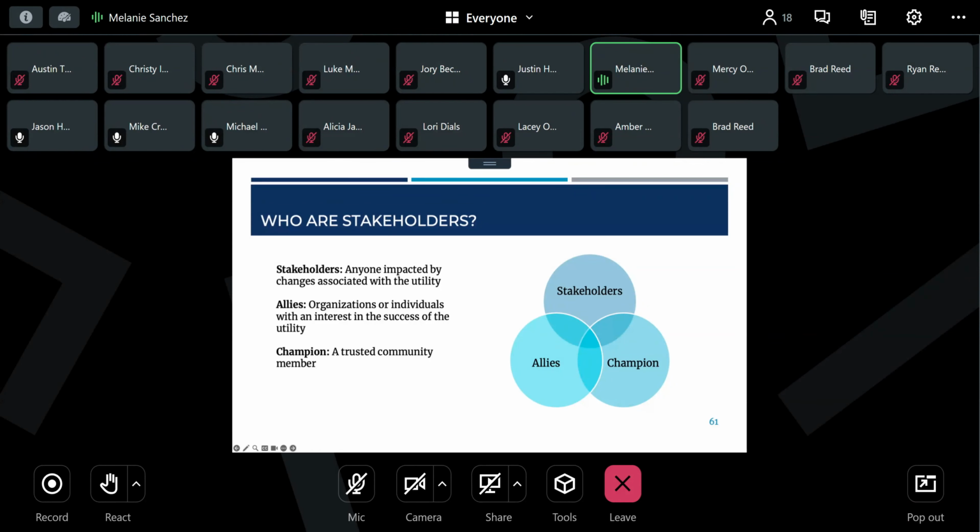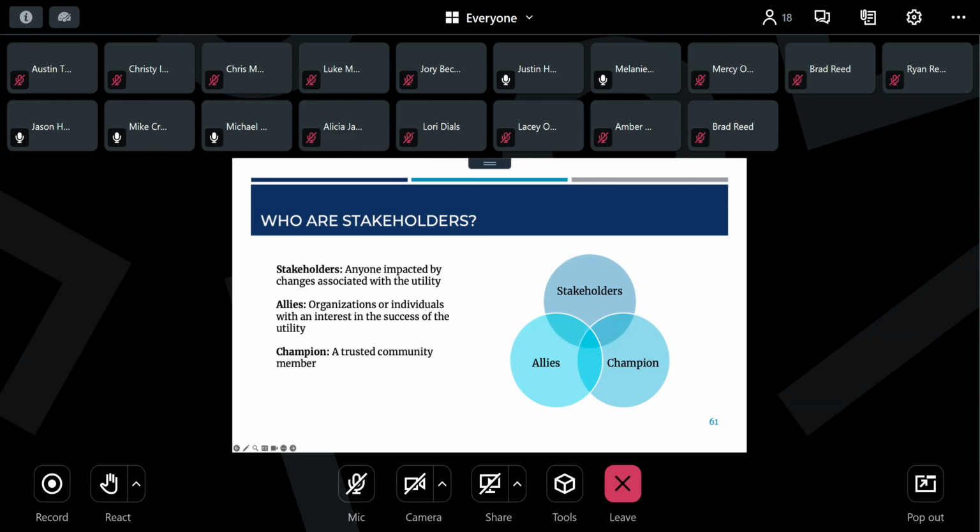Stakeholders include customers, water system owners and staff, local or state health departments, community centers, and schools or child care facilities. Allies are organizations or individuals with an interest in the success of a utility. They're often willing to voice their support for your utility and